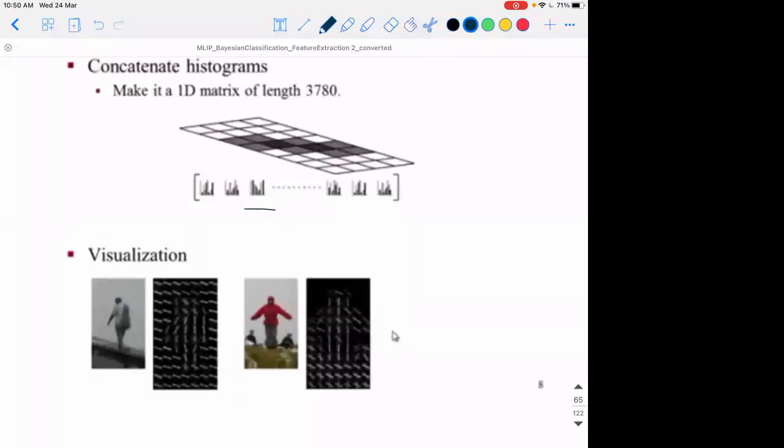As you can see in each of them, if you see the dominant directions, they represent, if it is a human, it's more oriented towards 90 degrees if we consider the vertical as 90 degrees, and 45 degrees for hands and so on. So they nicely give the shape of the human in its encoding itself. Thus, when these feature vectors are used for classification, they will be much more effective than directly using the image pixel intensities. They are invariant to color, to photometric variations, because you are finding gradients,